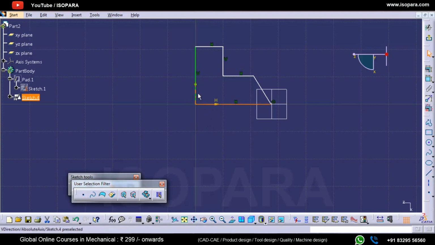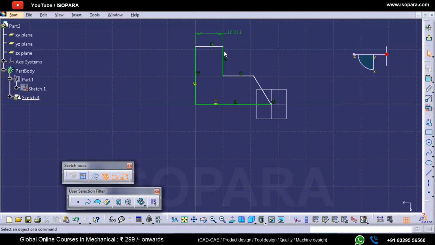That's why they are green, because they are completely constrained. I will constrain the rest of the elements as well. So this is my completely constrained sketch.